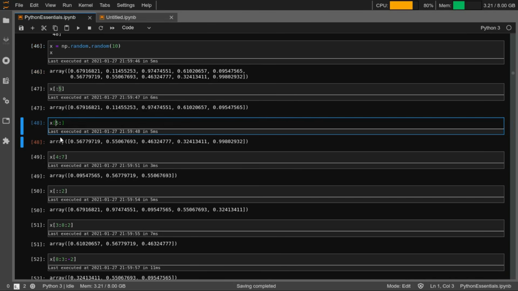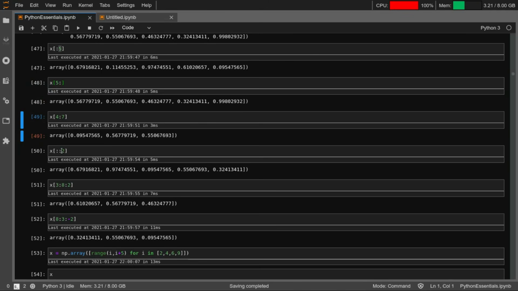Similarly, if we say select all the elements from 5 onwards, then it's going to select 5th, 6th, 7th, 8th and 9th, right? You can verify that here. So the point here is to be careful about the indexing. And here we are saying 4 to select all the elements starting at index 4 and the elements occurring till index 7, right? So 4th, 5th and 6th will be selected.